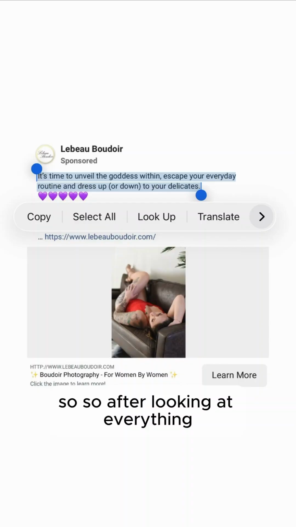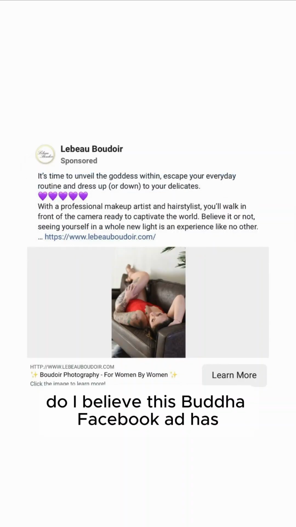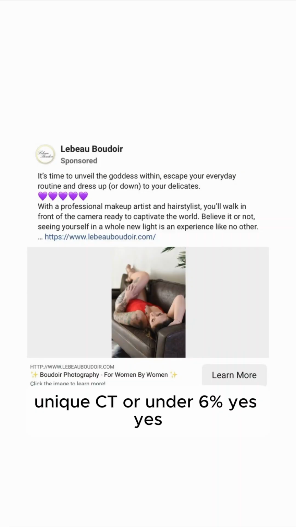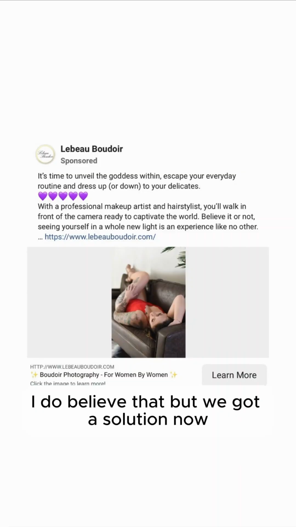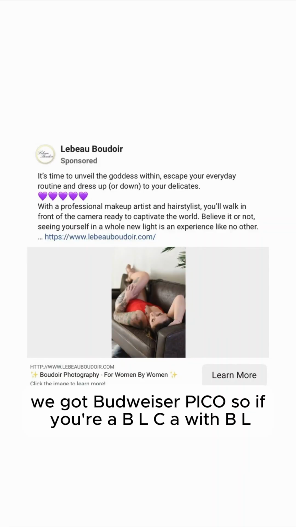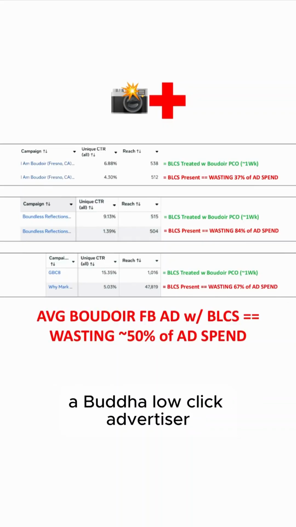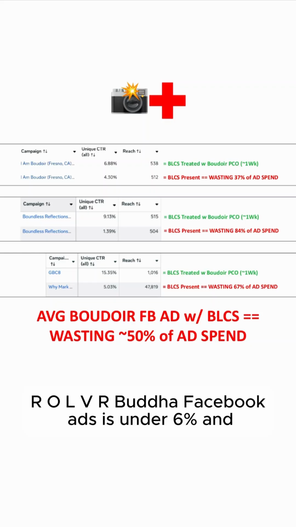So after looking at everything, do I believe this boudoir Facebook ad has boudoir low click syndrome, unique CTR under 6%? Yes, I do believe that. But we've got a solution now. We've got Boudoir Pico. So if you're a BLCA with BLCS, a boudoir low click advertiser with boudoir low click syndrome, the unique CTR of your boudoir Facebook ads is under 6%, and